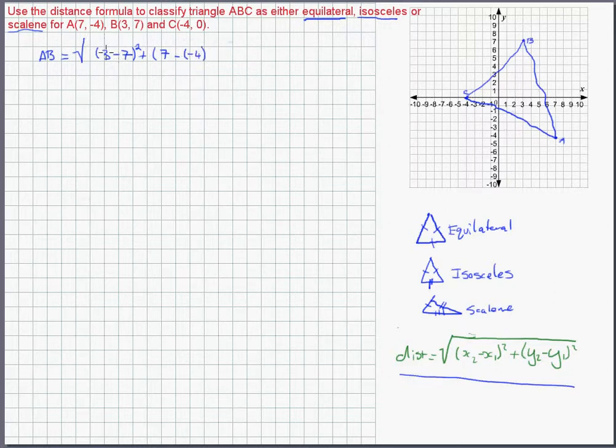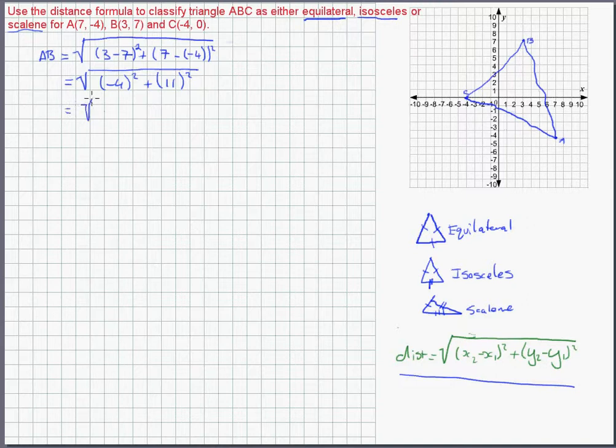So here 3 is x2, and 7 is x1, the x coordinate of the first point, and here this is y2, the y coordinate of the second point, minus the y coordinate of the first point, -4, squared, and we take the square root of all that. So just doing the numbers here, 3 minus 7 is -4 squared, plus 7 minus -4, which is 7 plus 4, which is 11 squared,